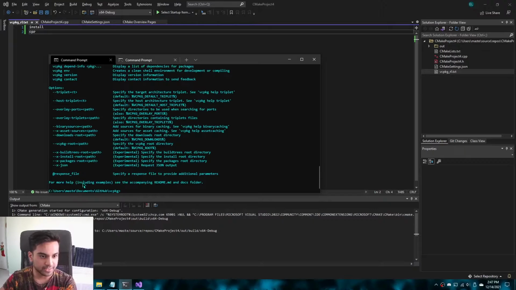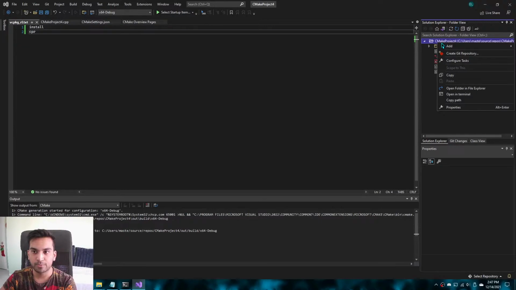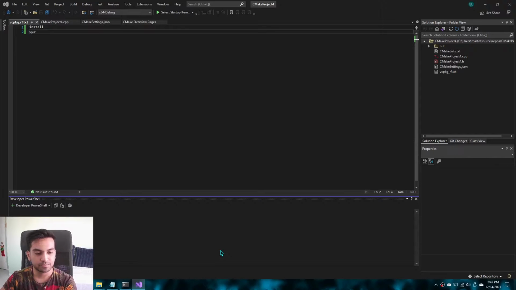You can see that it takes something in. And why do we do this? Because if we need to go back to this project and we need to see what libraries we used, we have this file called vcpkg-rf.txt, and we can just open a terminal and we just have to do